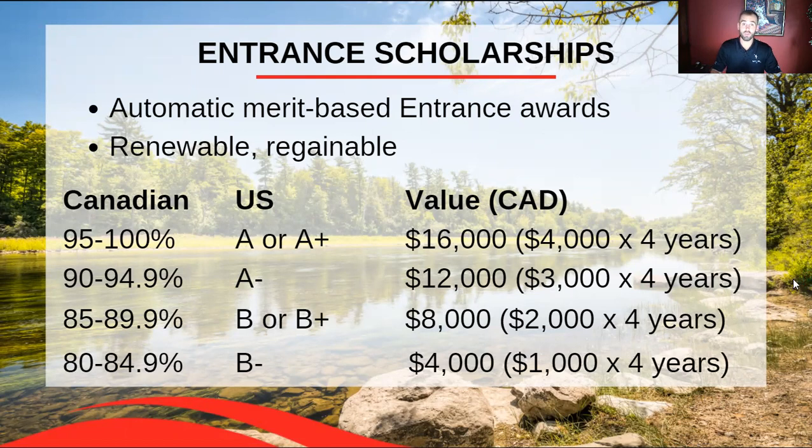These scholarships are renewable on an annual basis at an A- average, and you can also regain them. So in my first year, I had an entrance scholarship. I watched a little too much Netflix and I didn't maintain my A- average. So I wasn't able to renew it for second year. I lost it for second year. During my second year though, I was able to get back above the A- and regain my scholarship back at the original amount. So these scholarships are quite lucrative, they're quite nice, and I always encourage students to take advantage